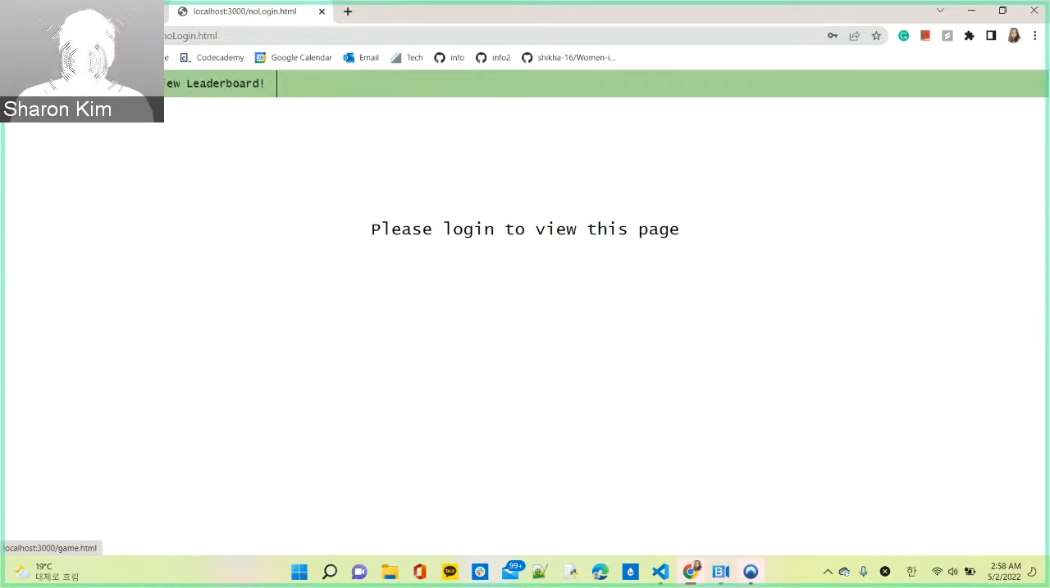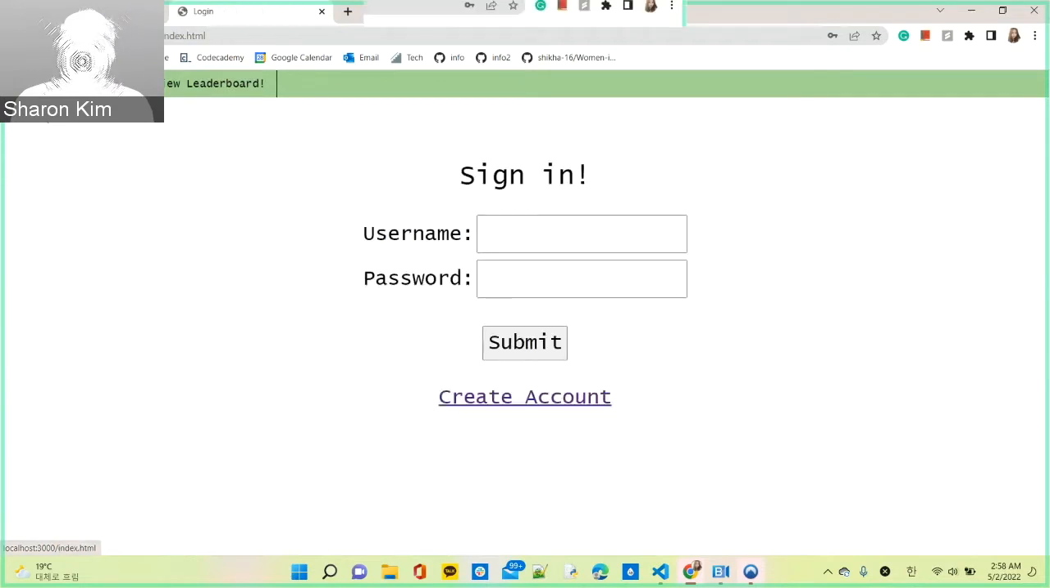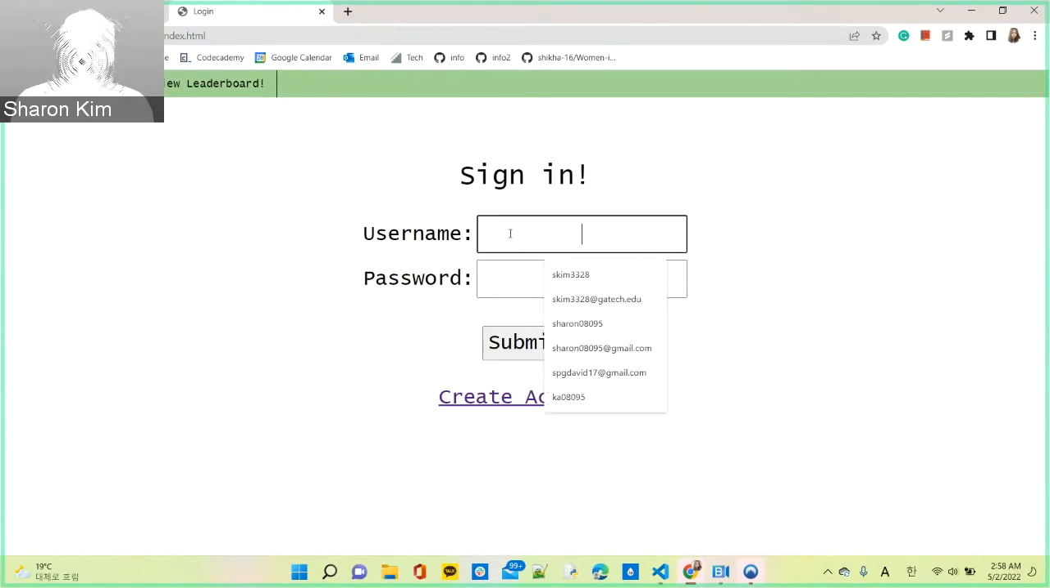And you can see which button you're hovering on by the color change. And if you click on it, you can see that the color turns white, so you know what page you're on. So let's try to sign in